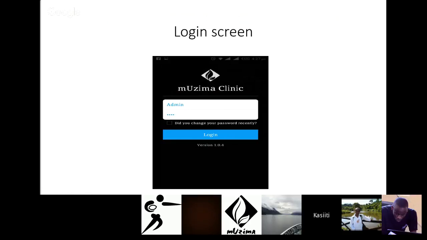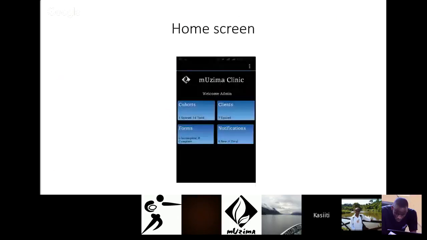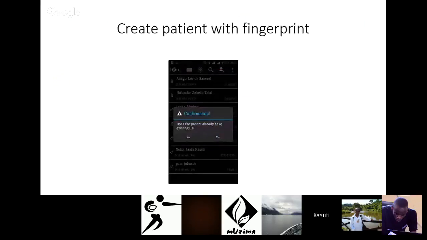Okay. So for Mozilla, this should be the first screen, the normal login screen for the application. So when you log in, next we shall have the home screen, and if you selected clients, if you look at the top menu up there, we have that kind of a thumb,